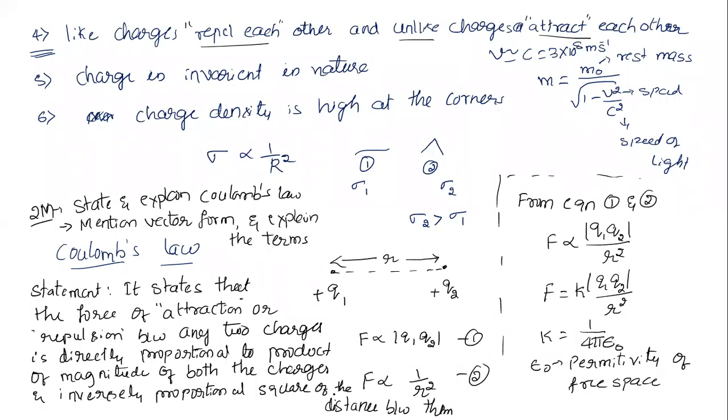I'm extremely sorry that space is not sufficient, so I wrote it like this. So this is the statement: the force of attraction or repulsion between any two charges is directly proportional to the product of the magnitudes of both the charges and inversely proportional to the square of the distance between them. If you write this statement, you get 1 mark. And this explanation, what I have given by taking the two charges and these equations, and then the continuation of what I have done, you need to do. There is 1 more mark.